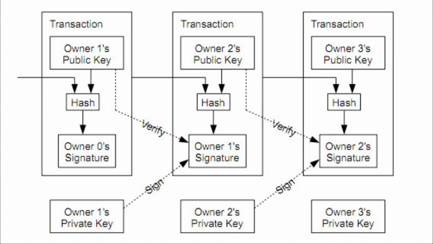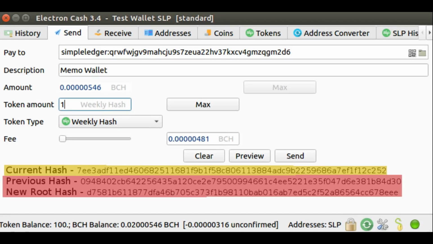But how many tweets to Memo are you really going to have over your lifetime? Like we said, even if you're doing one tweet a week, if you're on Memo for 100 years, that's 5,200 hashes. Your computer can do that in a few seconds. It might even be 1 second. It probably is 1 second. So it's not at all any sort of problem for scaling, and that's why this protocol for hashing and tokenization is so much different and revolutionary on Bitcoin. Obviously this doesn't work for everything, but for something like Memo, it definitely makes them scale. It makes it a lot easier for them to prove that they're censorship resistant.